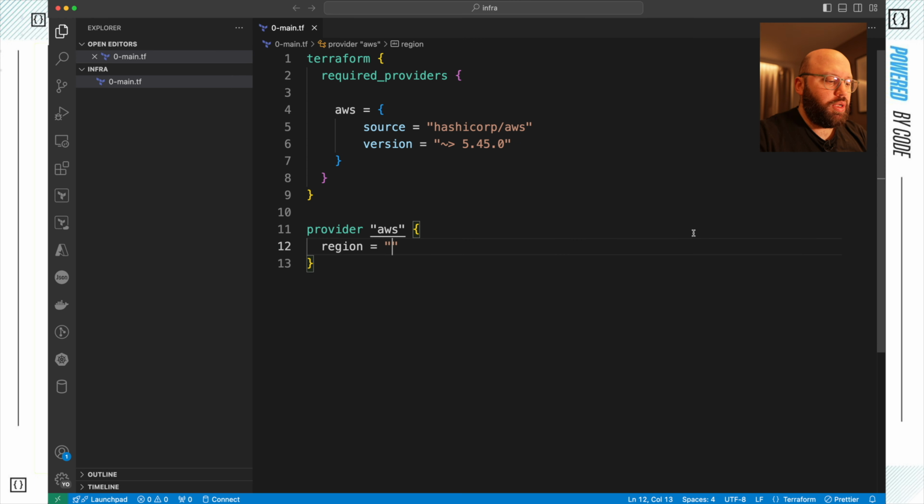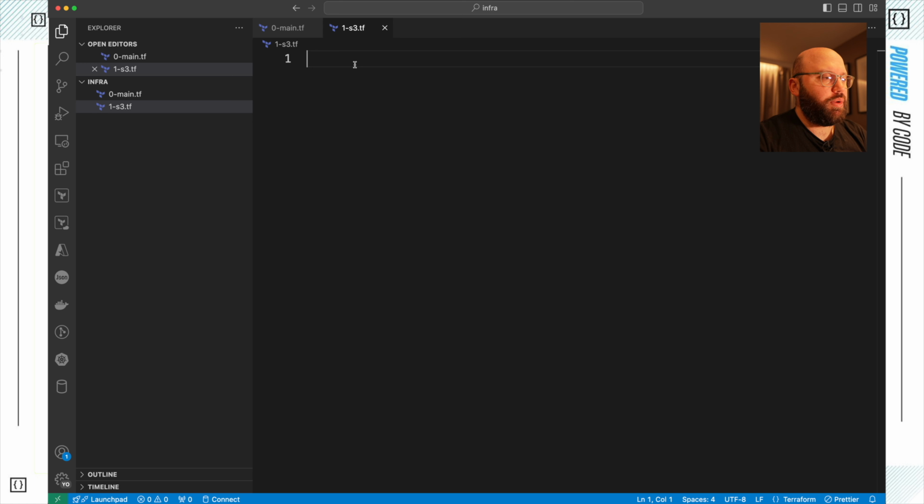So I'm going to put here EU-West-1, and this is the region that I'm going to be using. Great. So once I have done this, I'm gonna start creating my S3 files. So I'm gonna create another file called s3.tf, and here what I'm gonna do is start creating